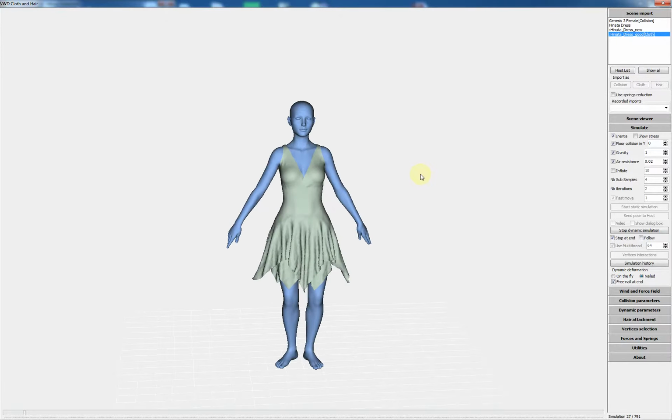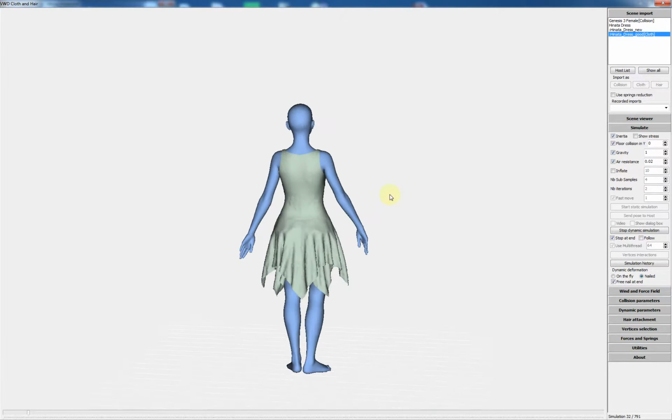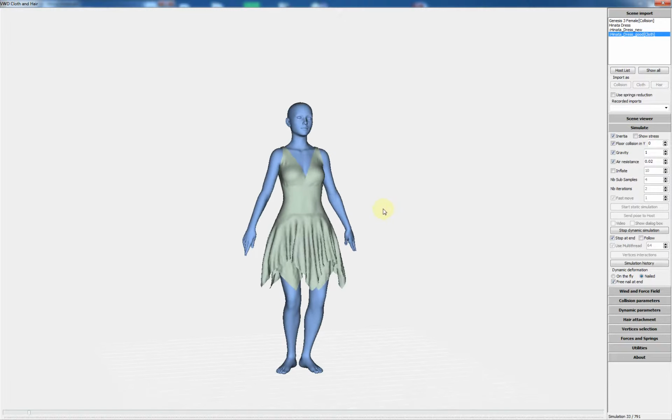And the result is really correct. We do not have the problem we had in the first method.